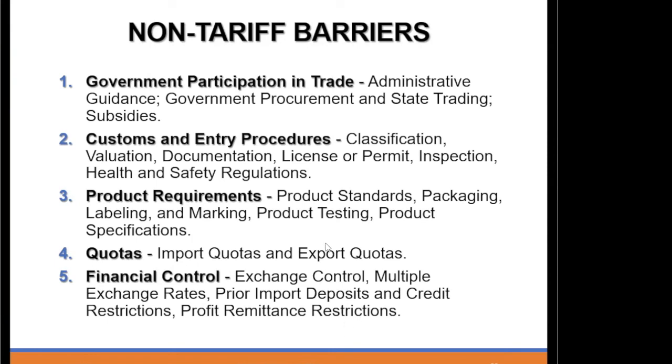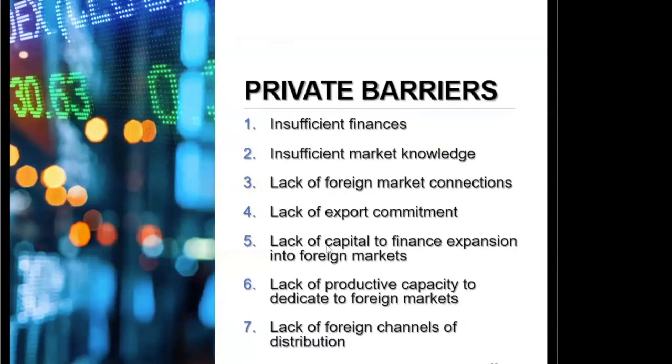And then finally, we can talk about private barriers, and these are usually at the firm level. What will stop a firm from internationalizing? They may not have enough money, or they may not have enough knowledge about the market to be able to know where to even start with this internationalization. They may not also have enough connections internationally, because to be able to venture into a foreign market, you need to have good, reliable partners in these markets to do so. They may also lack export commitment. Top management may not be fully committed to embarking on this internationalization drive,